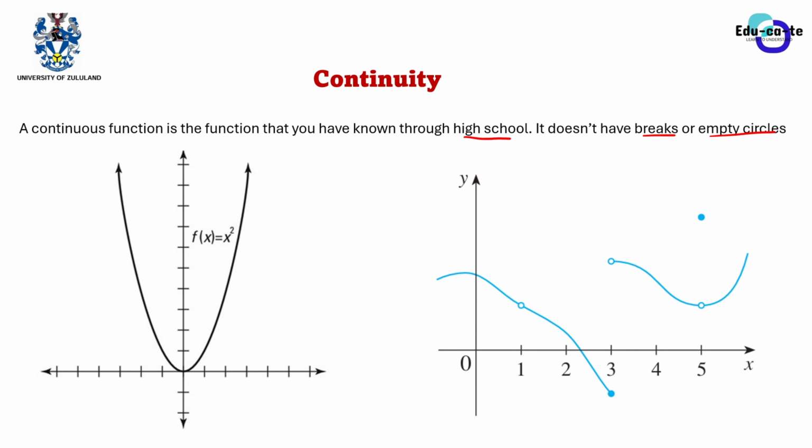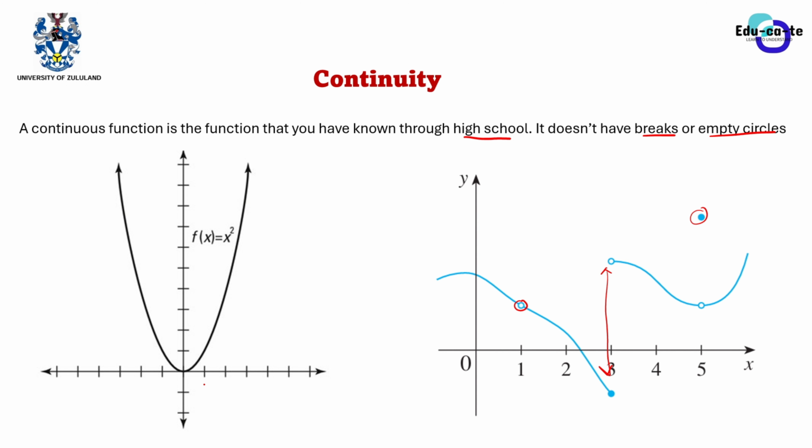Look at this function. The difference here is that this function has empty circles, and you can see that sometimes the function is disconnected. You can see it's one function, but the graphs are disconnected. At some point, shaded circles are outside. It's just a mess. So basically, when you say that the function is continuous, it just means that it continues. You can just draw it as a continuous line and you never stop. You don't even draw round, open, empty circles and whatnot. So this is just a normal function, the one that you are used to from high school.